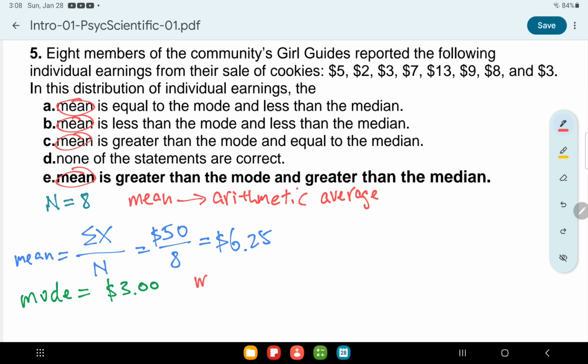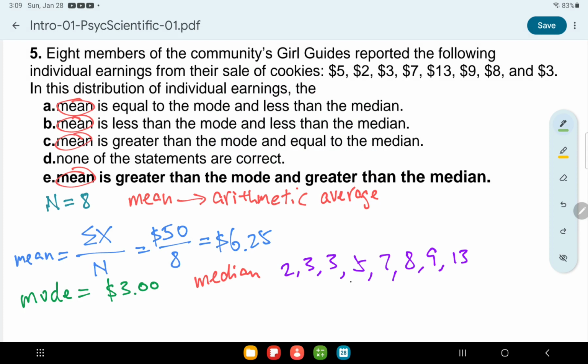The median, to determine what the median is, we need to take the situation through at least 2 steps. The first is to line the numbers up. Now, this is how we should line the numbers up from the smallest to the largest. And in order to figure out the median of an even number of numbers, we need to